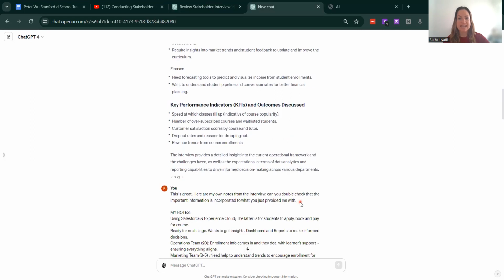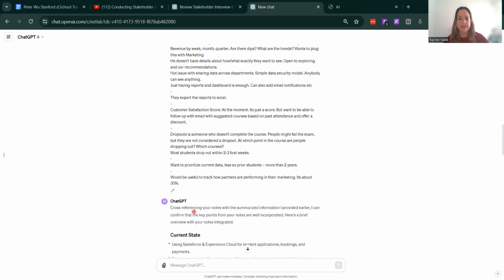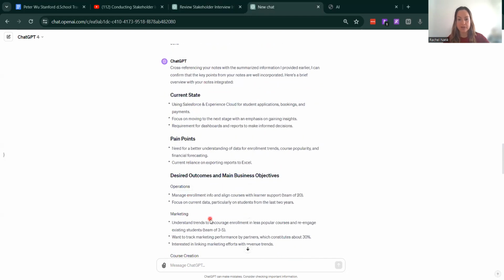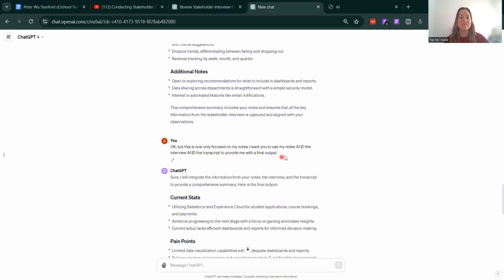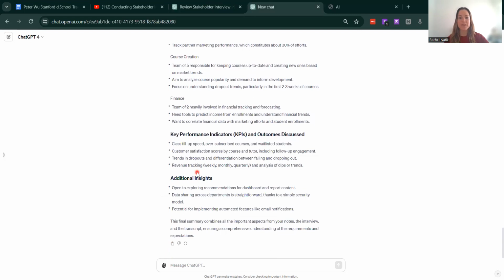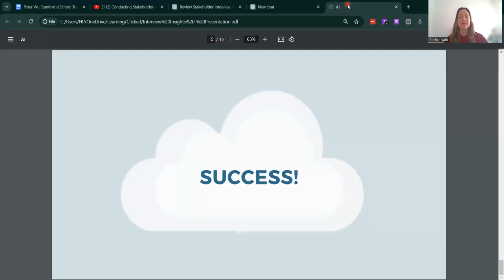And here's where I ask it to include my own notes. I copied my notes here. It gave me an output solely based off of my own notes. And now I'm like, okay, let's put that together. And again, we have this final output here. Now I do want to specify, and this is really important, that I would never take the